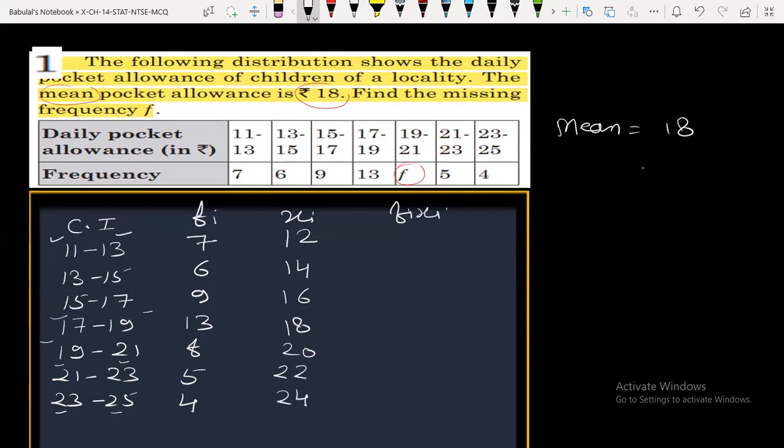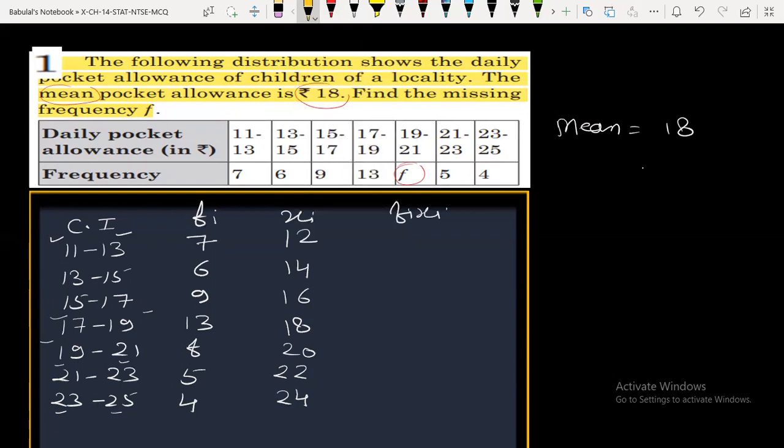तो ऐसे हमें इस कॉलम में क्लास मार्क फाइंड आउट कर लेना चाहिए, जैसे कि हमने सारे मीन में फाइंड आउट किया है. और क्लास मार्क कैसे फाइंड आउट करते हैं? लोअर लिमिट प्लस अपर लिमिट डिवाइड बाय 2. Now